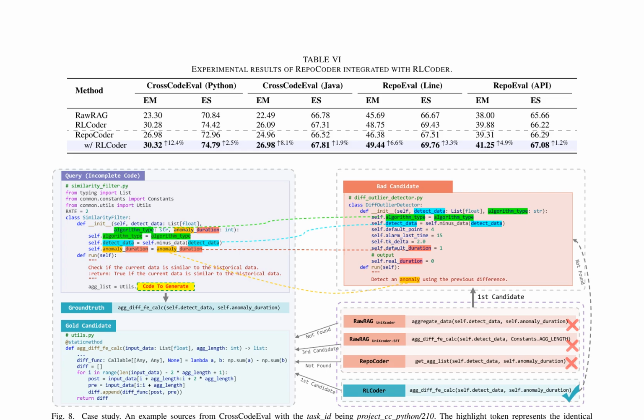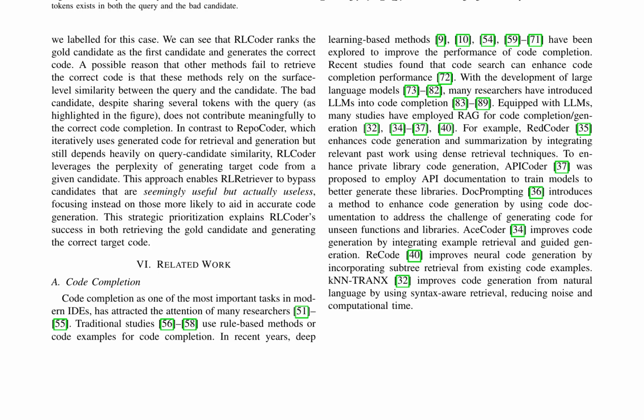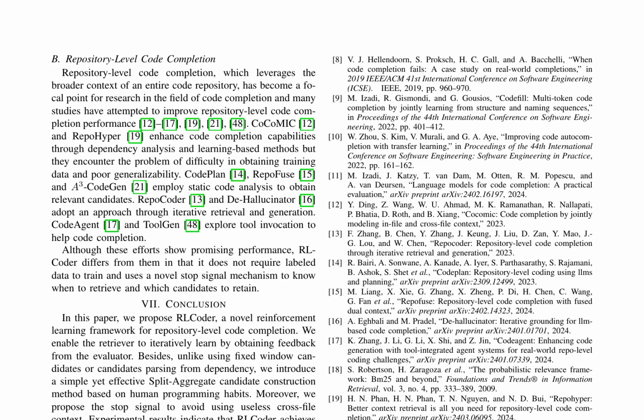A case study illustrates the effectiveness of RLCoder in a real-world scenario, highlighting its ability to focus on meaningful candidates for code generation. The paper also reviews related work in code completion, including deep learning-based methods and the integration of large language models. In the paper, the authors propose a novel reinforcement learning framework for repository-level code completion, known as